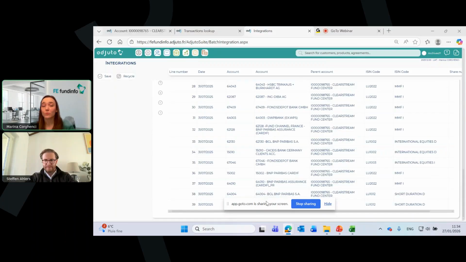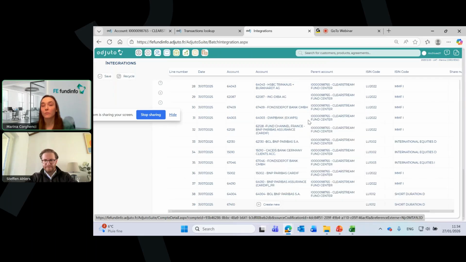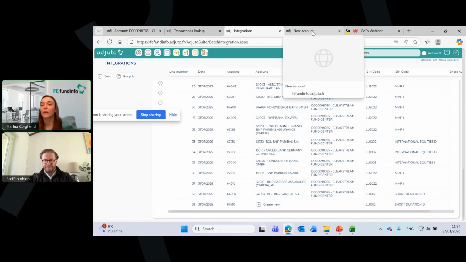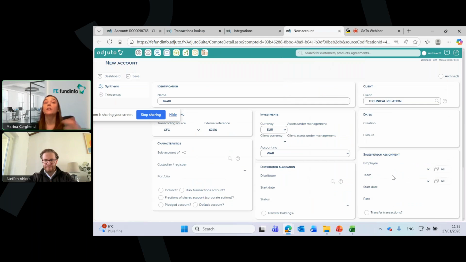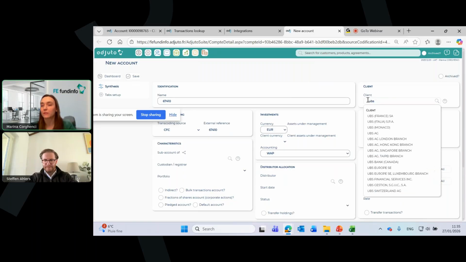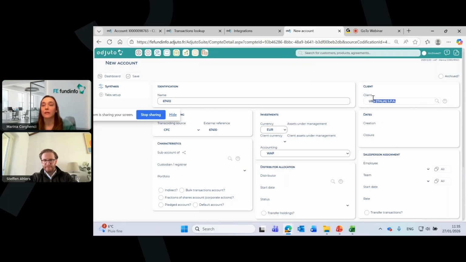A second one, what you can see is that there is an action that is required, and Eduto has not identified an account. And that can be done either automatically, where we can set it, or you can do it manually. And I will show you how actually the manual way of linking an account to an Omnibus account is done very easily. So for example, in the Clickstream file, we know that this is an UBS account. So we'll choose the UBS Italia. You can just simply change the name if you want,